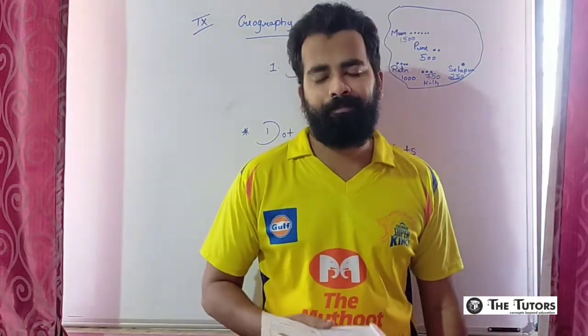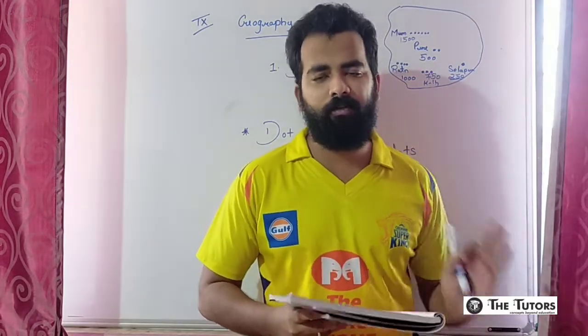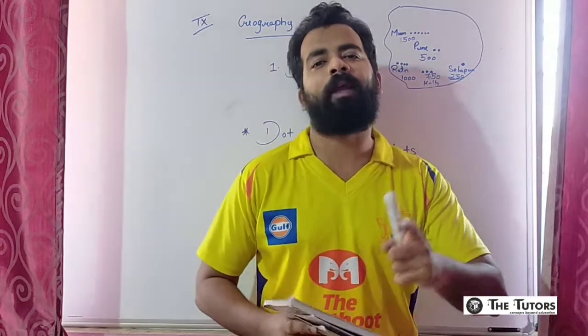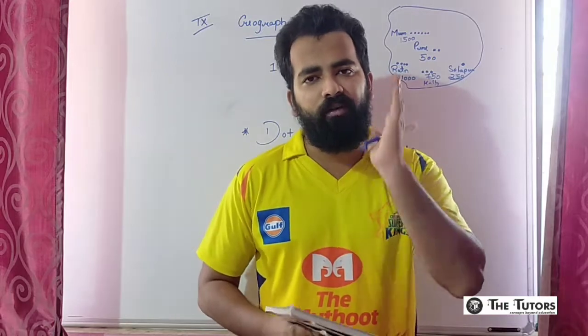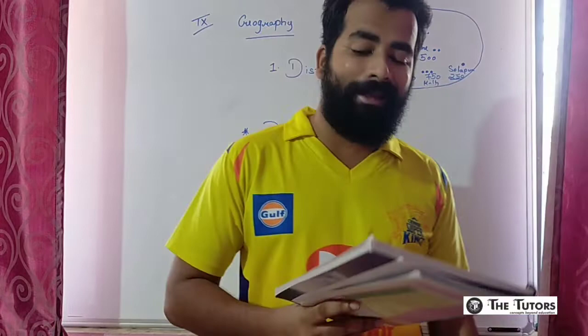made. Okay. The size of a dot should be uniform. First point, the size of the dot should be uniform. Like if a dot is made for 250, one dot should not be big and another small, that should not happen. Your 250 should be of a uniform size. Your one dot of any approximate value should be of one uniform size only. All the dots should not be of different sizes.